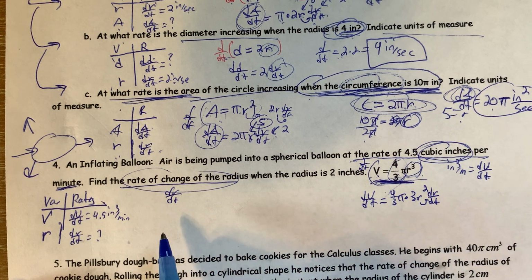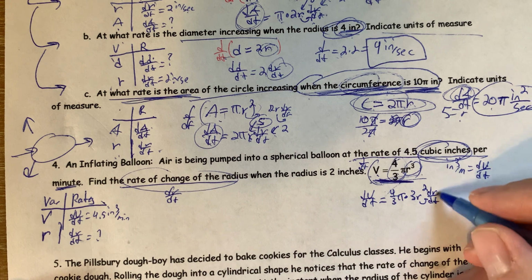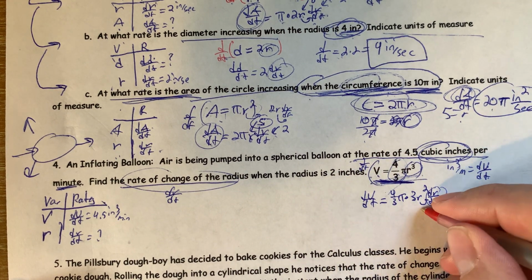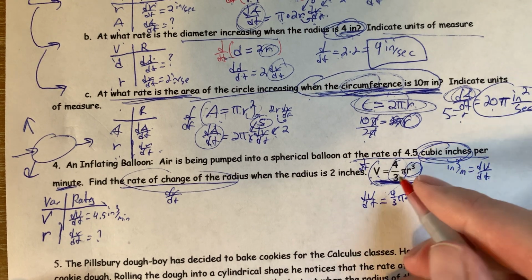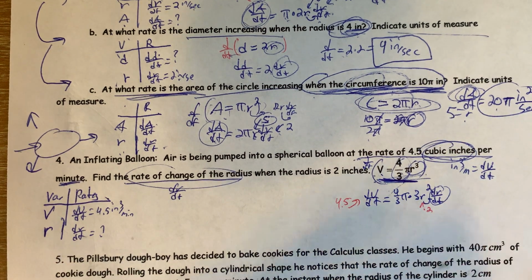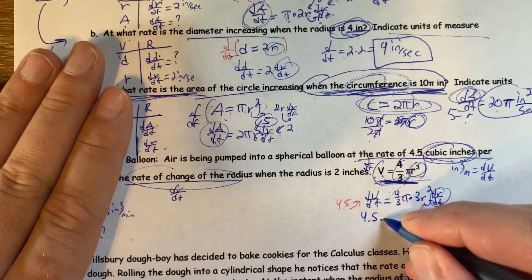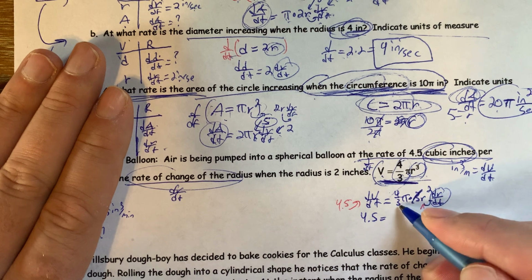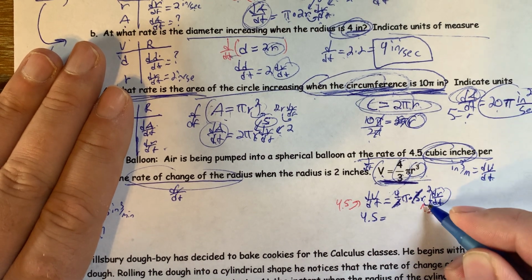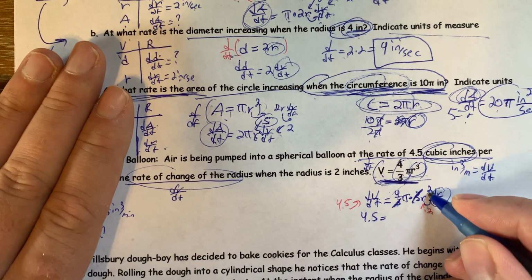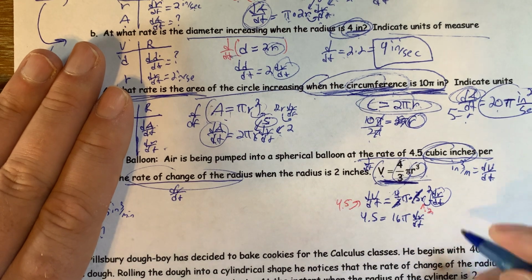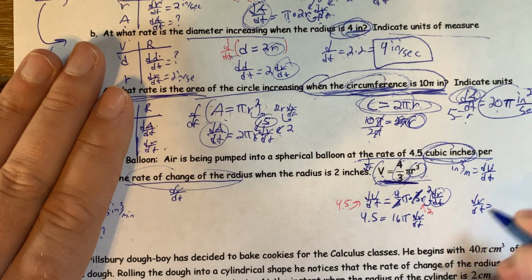So find the rate of change of the radius. This is what we're looking for. When the radius is 2 inches, so we can put in 2 for r. And we knew that dV/dt was 4.5. So 4.5 equals, multiplying by 3 and dividing by 3 will cancel out, and so we get 4 pi times 2 squared. 2 squared is 4, and 4 times 4 is 16, so 16 pi. And so dr/dt is